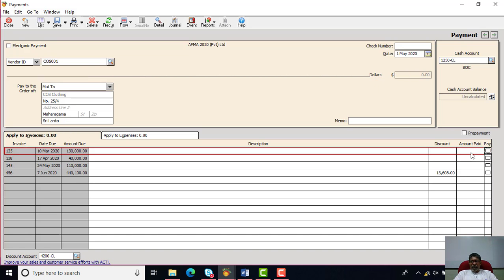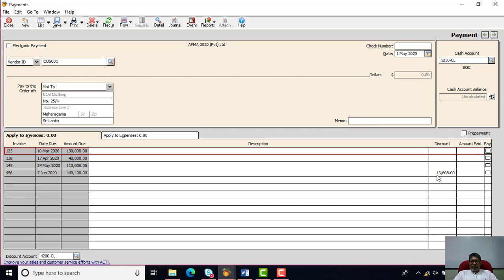Then we have to enter manually how much we are paying. Assuming that I want to pay 50,000 rupees to this invoice, then we will be entering 50,000 rupees there. So automatically that value will appear as the payment amount, right? And also you can enter any memo information under the memo section.